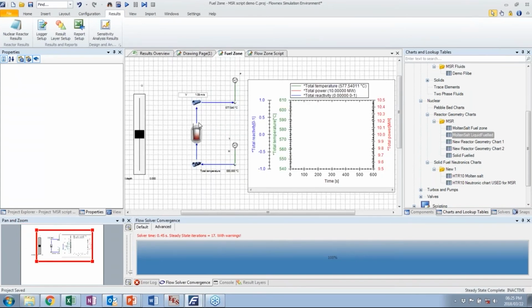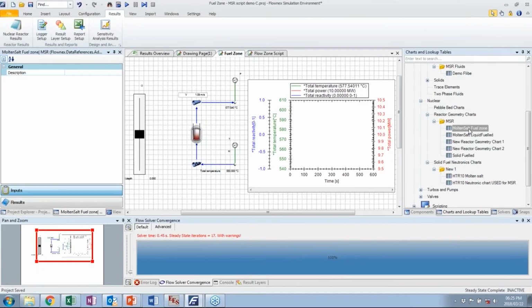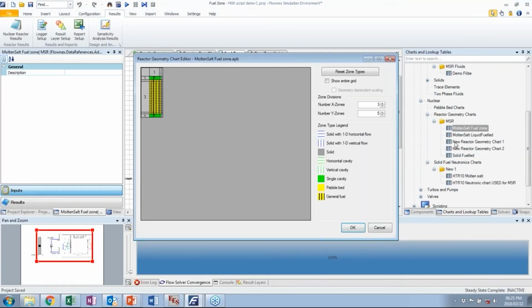So in this network here, I've set up, it's basically the same. This is a 10 megawatt reactor. I have as a geometry my molten salt field zone. So let me show you how this works. The molten salt field zone, that's just, it has an inlet here, and then my